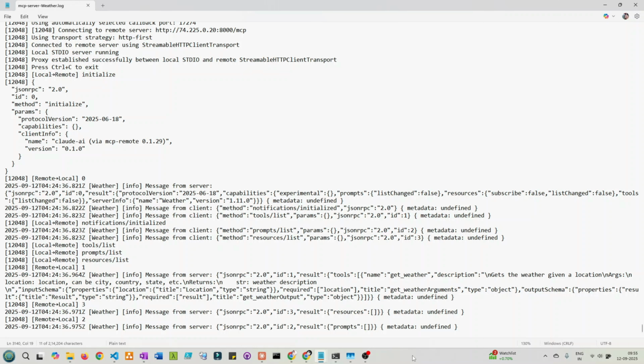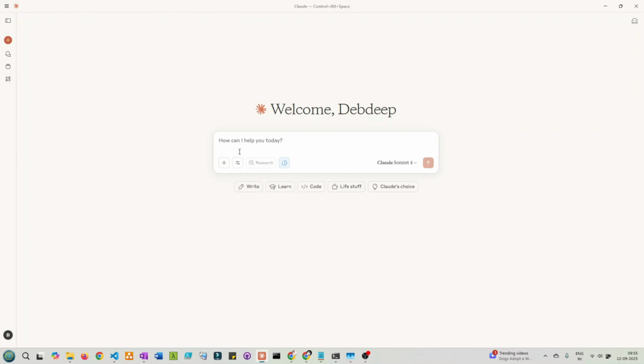Now you will see that it is connecting via JSON RPC 2.0 and it has the accessible tool named get weather. Okay. Description, get weather given a location. So whatever we have written, Claude knows all these things right now. So it is coming from our source code. Now, if I fire the same query right now, what is the